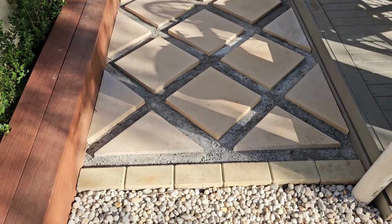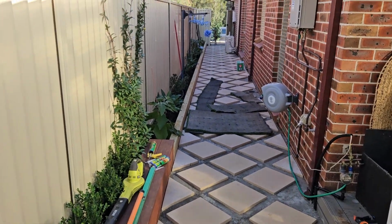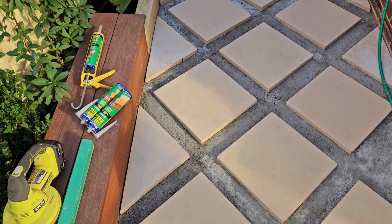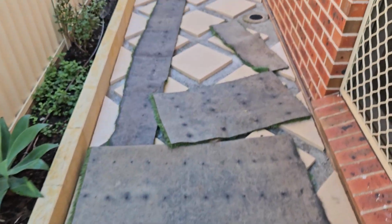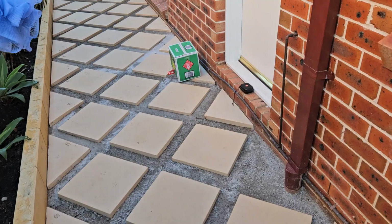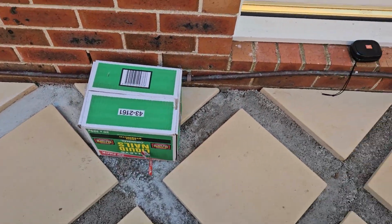So guys, after installing all pavers as you like to the end, now I blow the rubbish, any leaves or the organic material between the pavers, blow up and make it clean. Then I'm using the liquid nail. That's a liquid nail